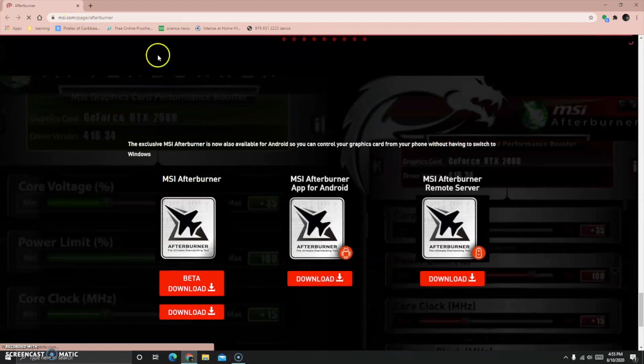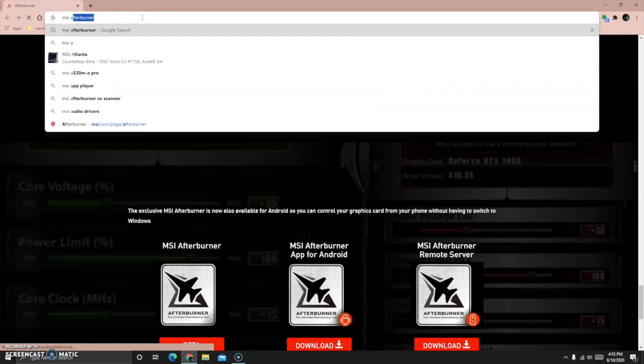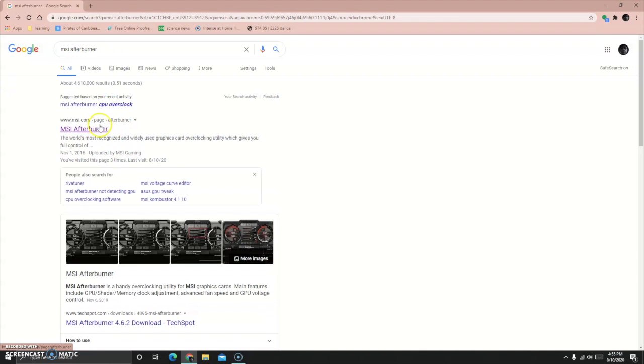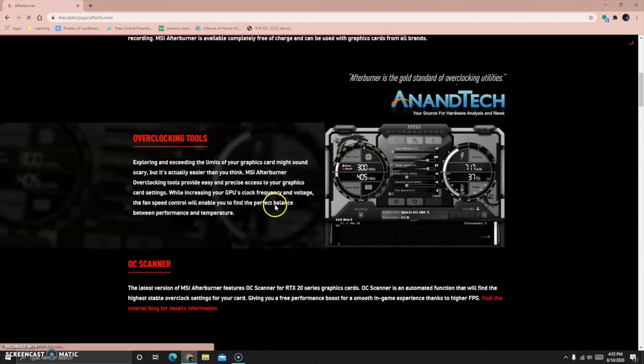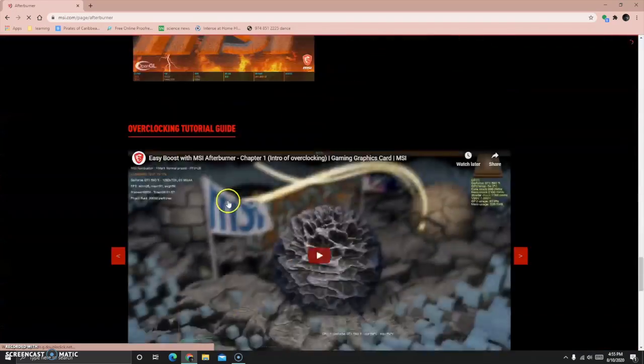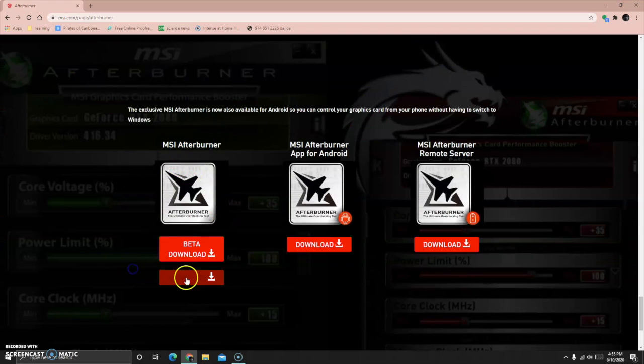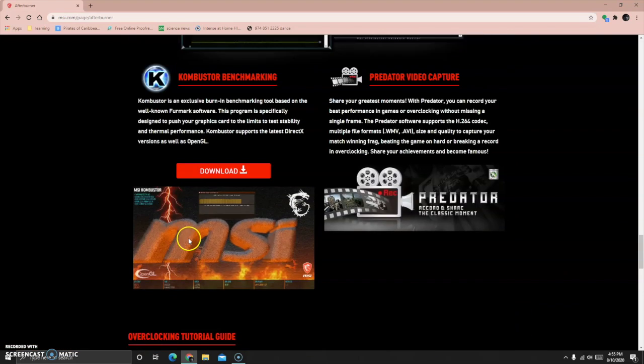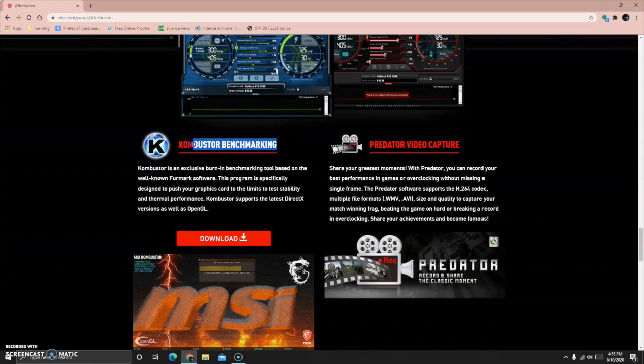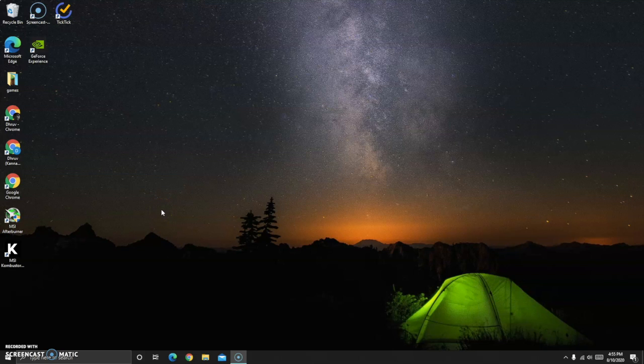So in Chrome, search up MSI Afterburner. Go to the MSI Afterburner page and scroll down. First, you'll need to get the MSI Afterburner. Click the download for the normal one. Then download the Combustor benchmarking software. Accept all the terms and everything. Once you're done with